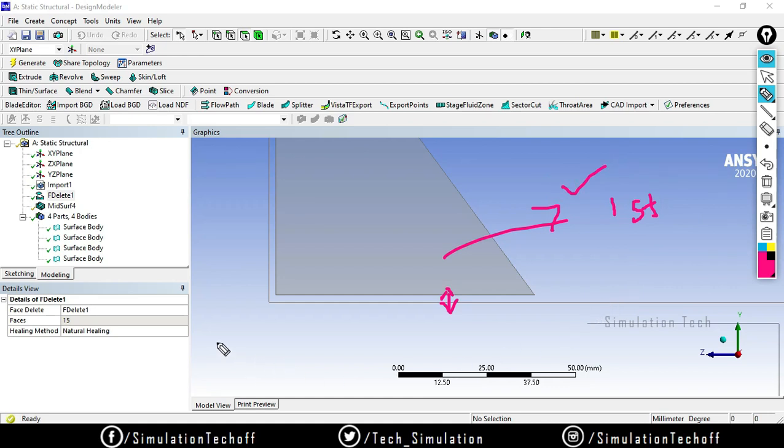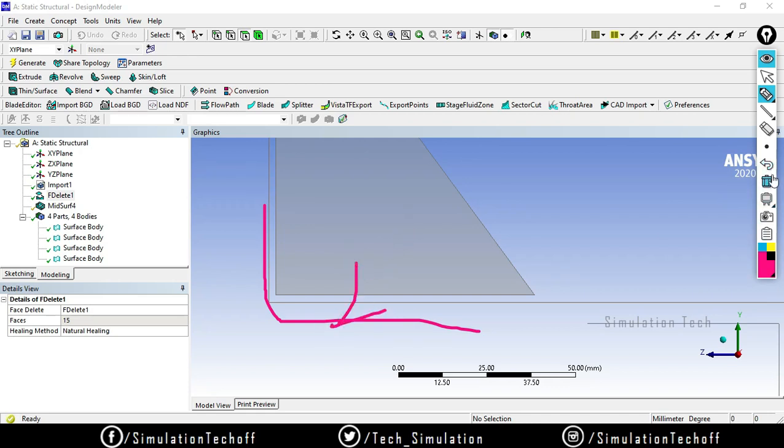What are the methods to connect? Either you can give a sieving tolerance when you extract the mid surface, or else you can manually connect it. I am not recommending that sieving tolerance because it will sometimes deform your entire geometry. So the manual method is more recommended. So how to connect it? First we will connect this rib structure to this L section. We have an L section structure, so we need to connect this rib structure to this.